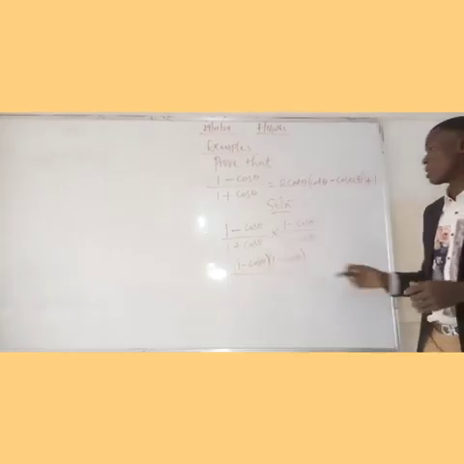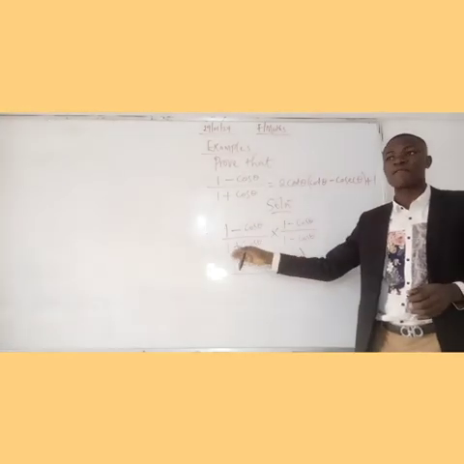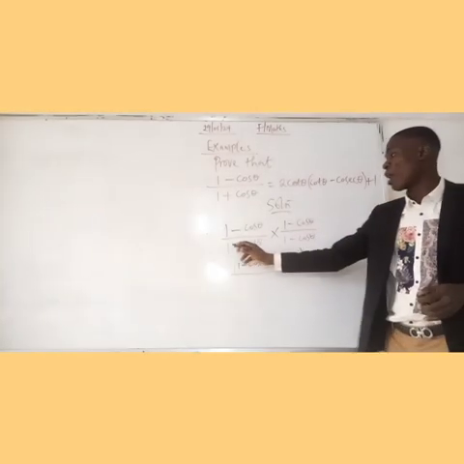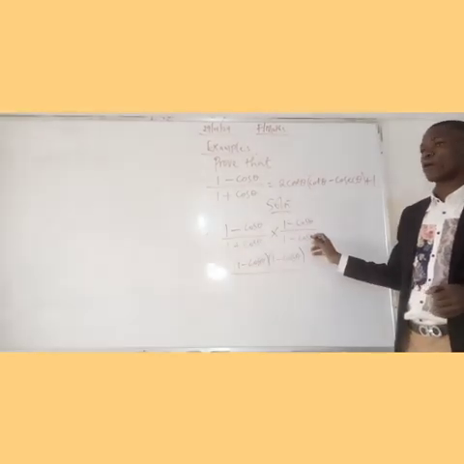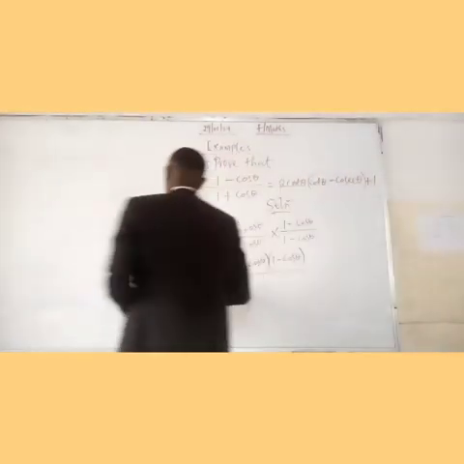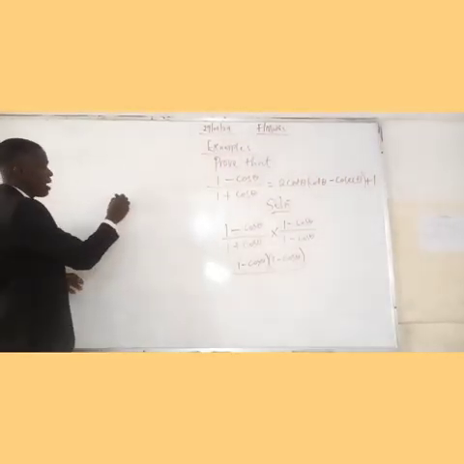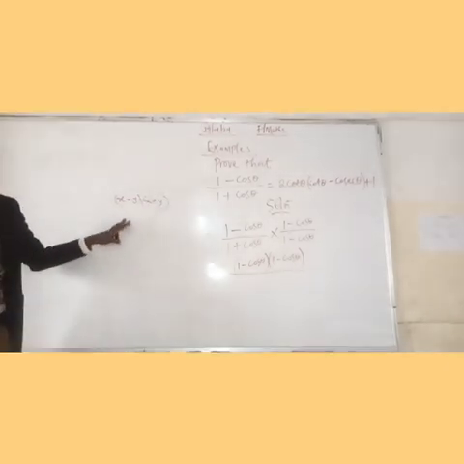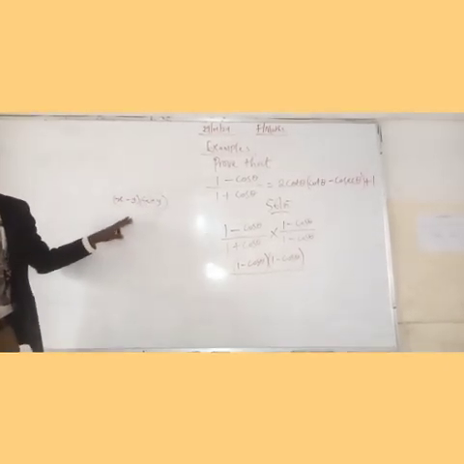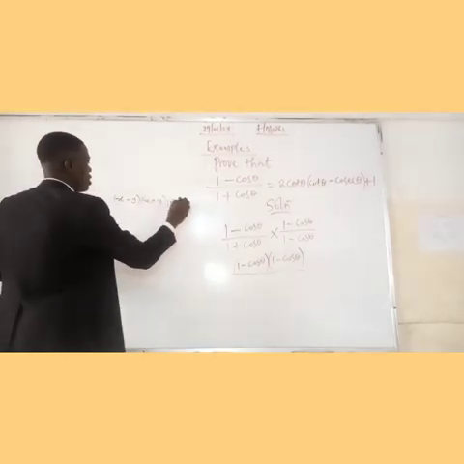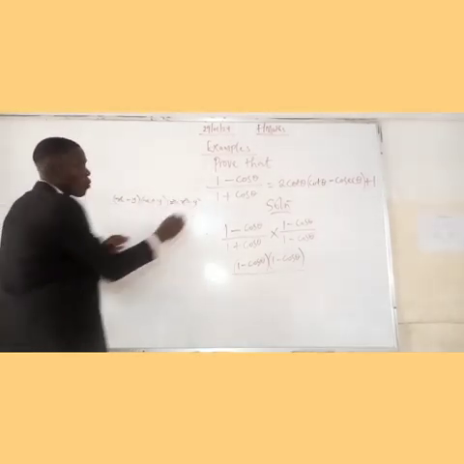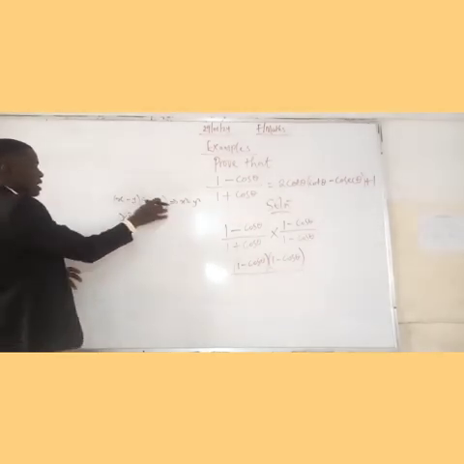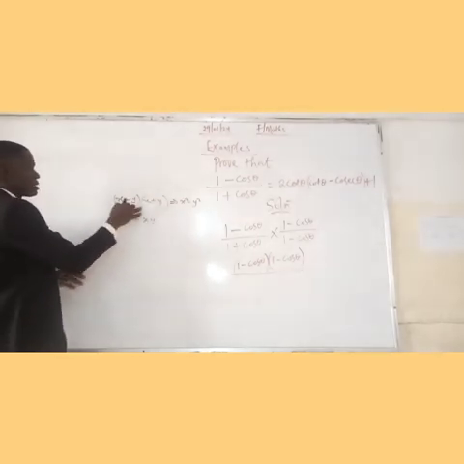Then for the denominator, you can see that we have difference of two squares. We have plus here, we have minus here. We have 1, we have cos theta, cos theta. So it's just like if we have something like x minus y, x plus y. This is called difference of two squares. The expansion of this will result to x squared minus what? y squared. So if you expand it as x times x, x squared, x times y, xy,